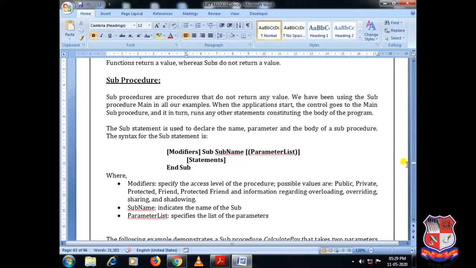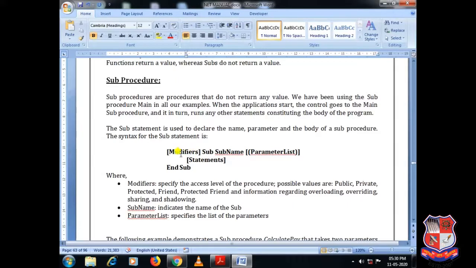The syntax for the Sub statement is: modifiers Sub procedure name, parameter list, block of statements and End Sub. Over here in syntax, whatever keywords are enclosed with square brackets are not compulsory fields.